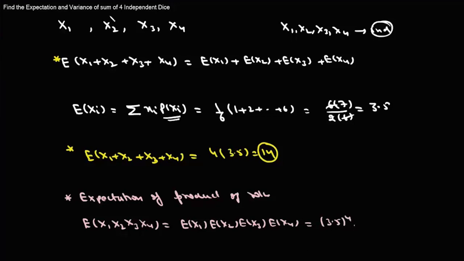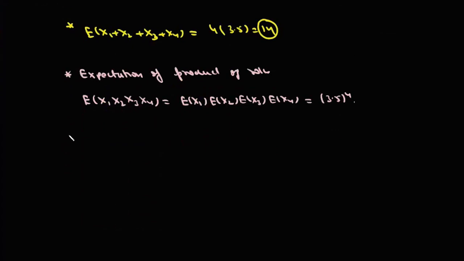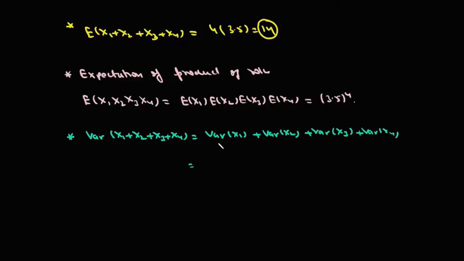अभी कहता है इनके सम ऑफ रोल्स का वेरिएंस भी निकालिए, तो हमको इनके सम ऑफ रोल्स का वेरिएंस निकालना है। तो हमको ये भी पता है अगर रैंडम वेरिएबल्स इंडिपेंडेंट हैं तो वेरिएंस ऑफ x1 प्लस x2 प्लस x3 प्लस x4 बराबर होगा वेरिएंस ऑफ x1 प्लस वेरिएंस ऑफ x2 प्लस वेरिएंस ऑफ x3 प्लस वेरिएंस ऑफ x4। अब इस केस में चारों डाइस के लिए सेम सिचुएशन है, तो बेसिकली ये हो जाएगा 4 टाइम्स वेरिएंस ऑफ कोई भी एक पर्टिकुलर xi।